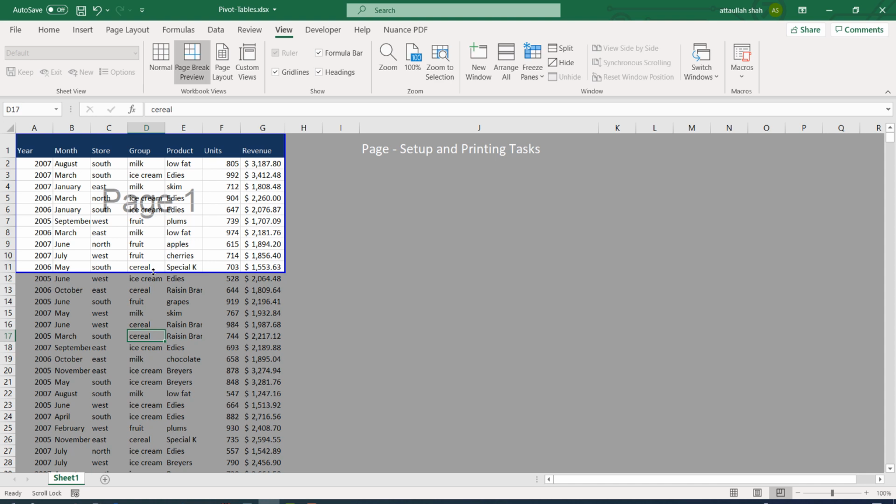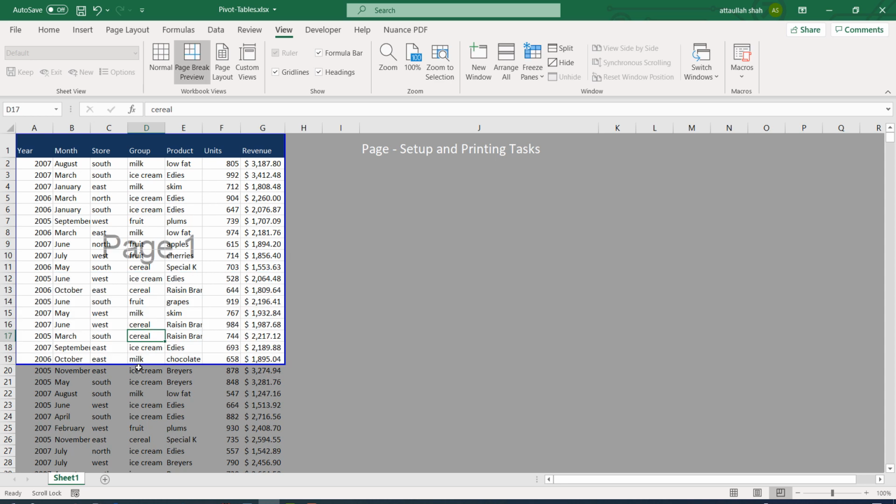So if I come to the border of this outline and the two-headed arrow appears, if I click on that and then I drag it, it allows me to increase or decrease the print area. So if I want to exclude one column from it, now my active print area is from column A up to column F, and from row 1 to row 19.